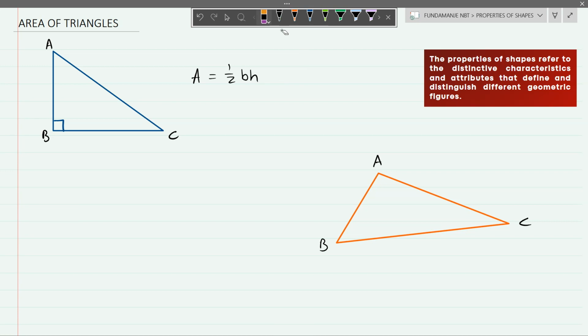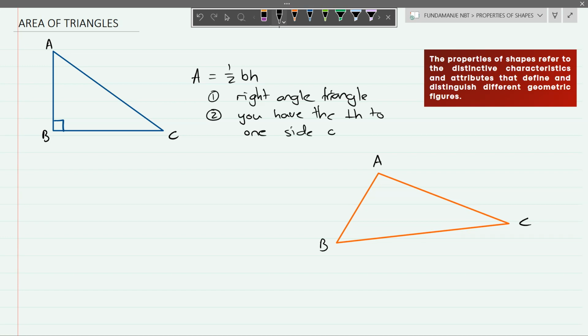So this formula is only applicable in one, you're working with a right angle triangle, or two, you have the perpendicular height to one side of your triangle. So what this means is basically you could have something like a triangle like this,